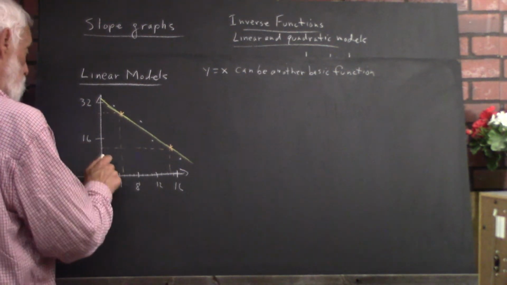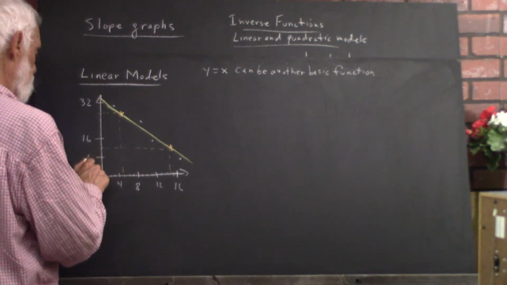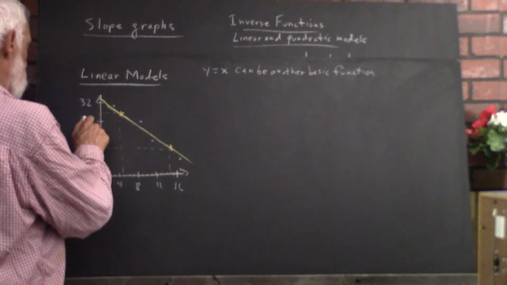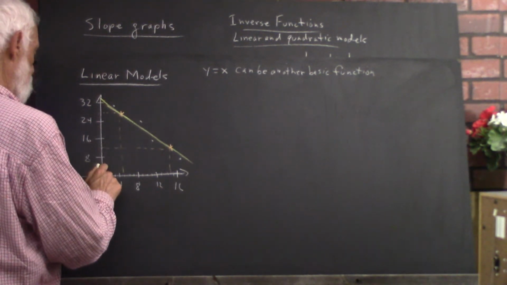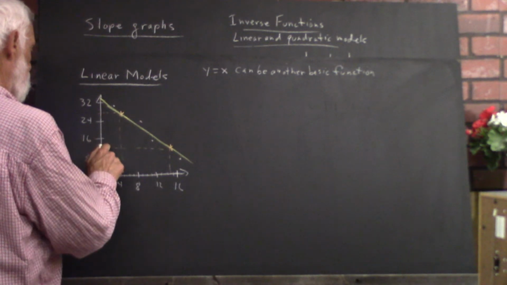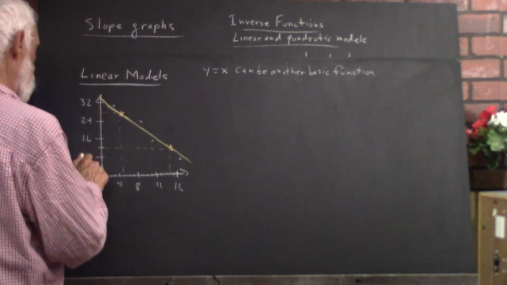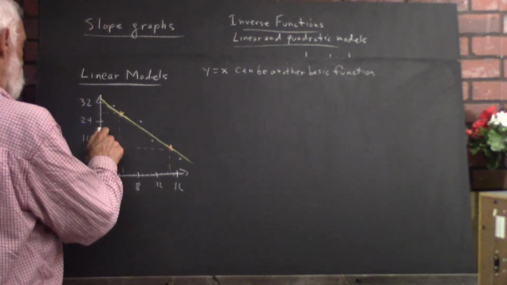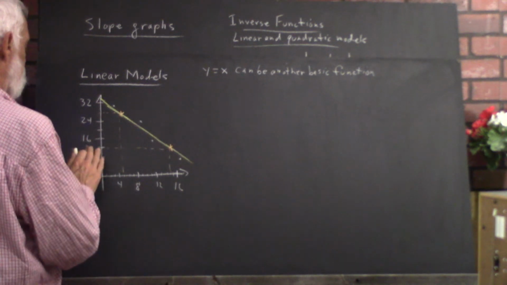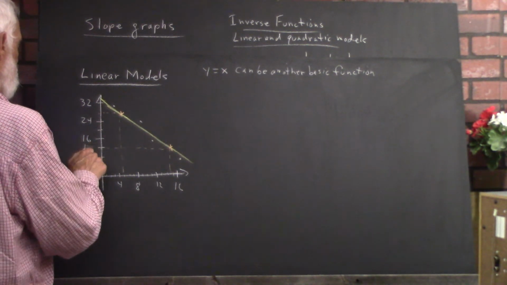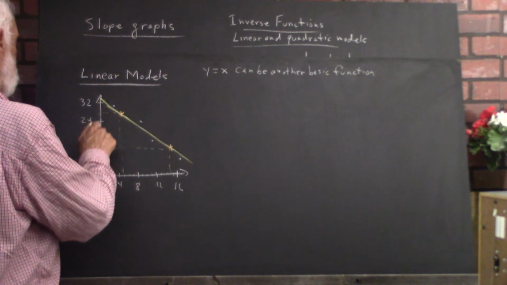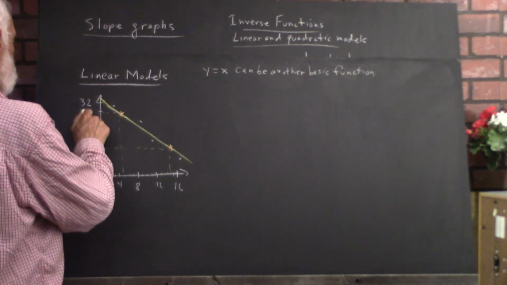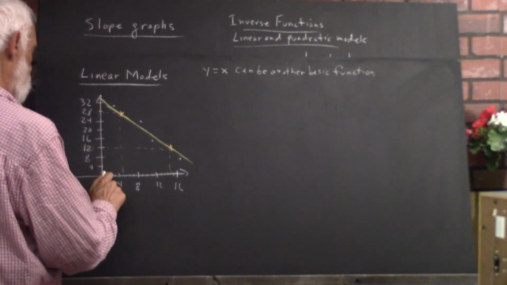Subdivide the 32 down to 16, the 16 down to 8, cut this in half, it's going to be 24, and then we cut this in half, it's going to be 4, cut this in half, it's going to be another 4, which is going to give us 20, cut this, it's not 20, it's 12, cut this in half, it's 20, cut this in half, it's 28, and then we can